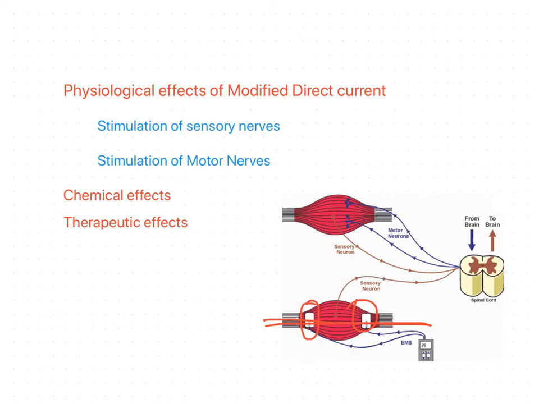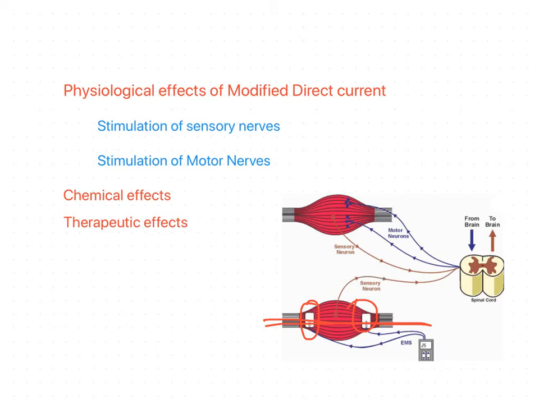Normally, we are using this type of current for denervated muscle. If we are giving such kind of currents to an innervated muscle, it leads to the stimulation of sensory nerves. Because the impulses are of fairly long duration, the effect is very marked. That means the person is going to have the feeling of